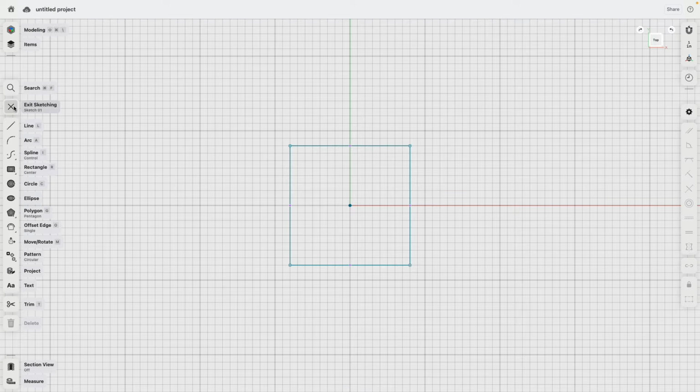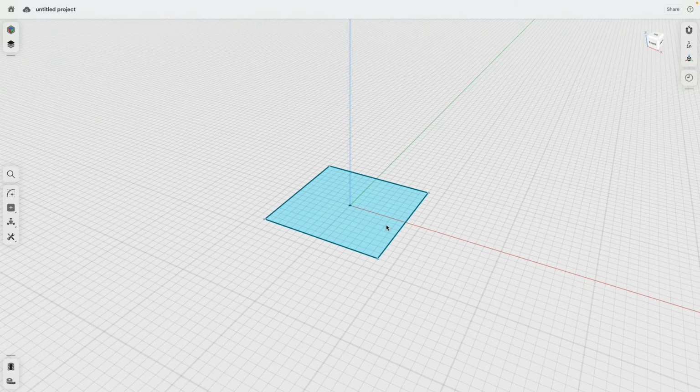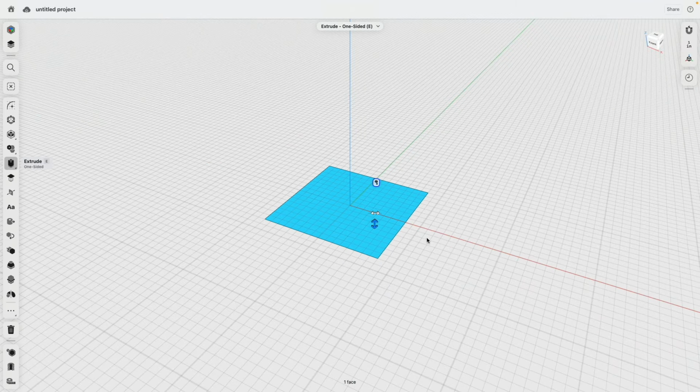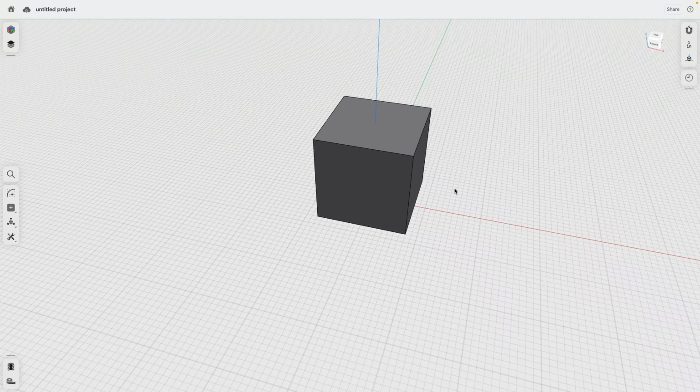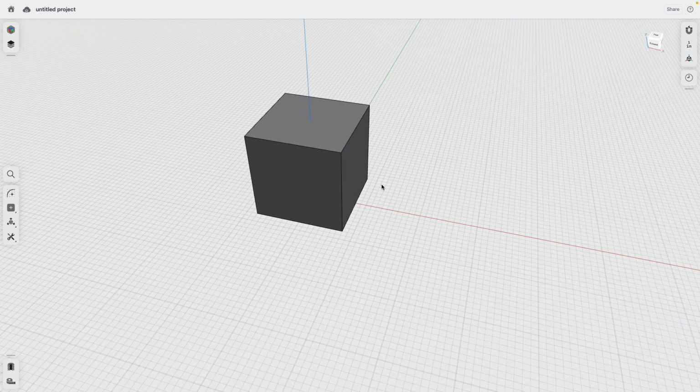Okay, let's exit the sketch. Go into 3D view. There we are. So we will create a 16 by 16 by 16 box. So I can type in 16 inches, press enter, and there we are. Beautiful. To visualize actually this process of iterative design, so where we make configurations and evaluate each additional step, also